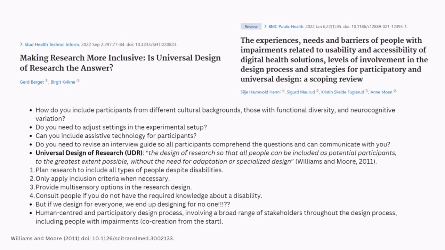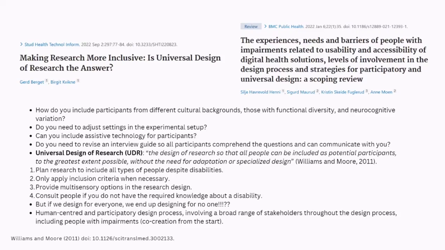So how can we make our research more inclusive? How can we include people with different disabilities, with different capabilities? Again, I don't have the time today to go into depth on these strategies, but one of them is the universal design of research. When we design our studies, we probably design for the average person. We probably design for somebody who's like us, because we assume that people are like us, and that's the lived experience that we have.